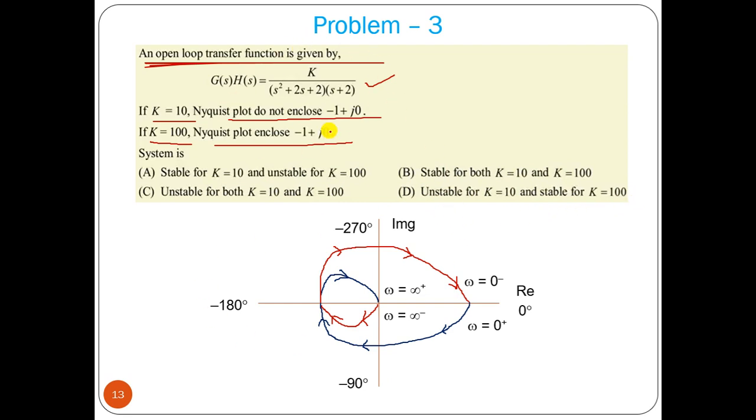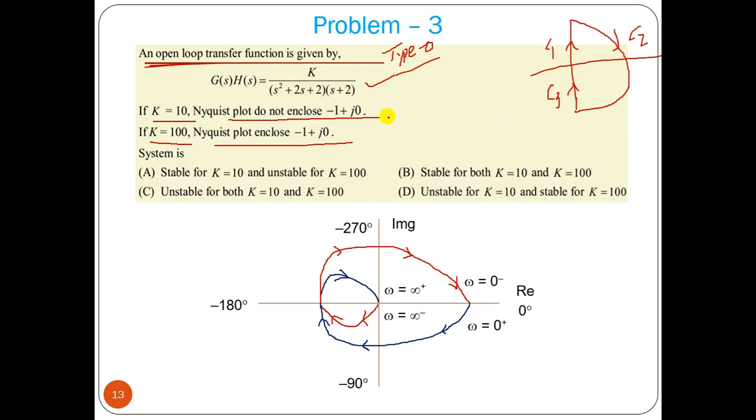Now, for this particular case, we have to draw the Nyquist plot. This is a type 0 system, so we will have only 3 sections, C1, C2, C3. C1 is the polar plot, then the infinite radius plot. In the Nyquist contour it is an infinite radius, but in the Nyquist plot it becomes a radius of 0.